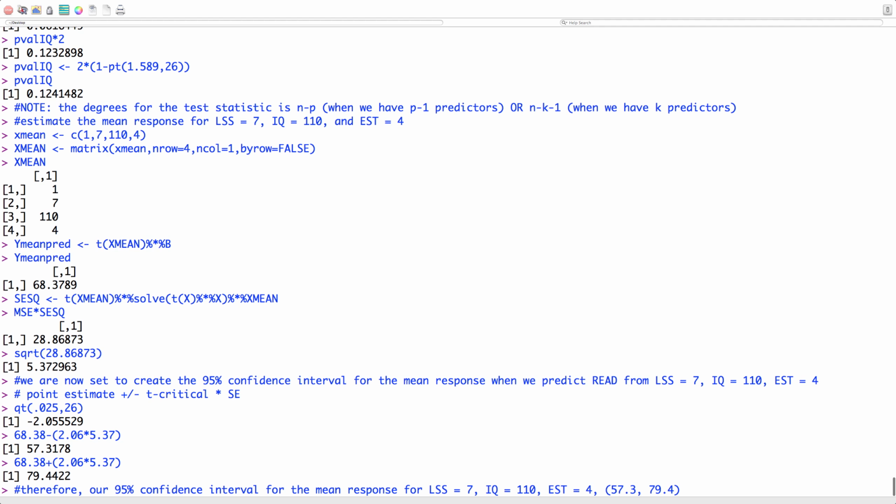So there's a 0.95 probability this interval contains the mean response for